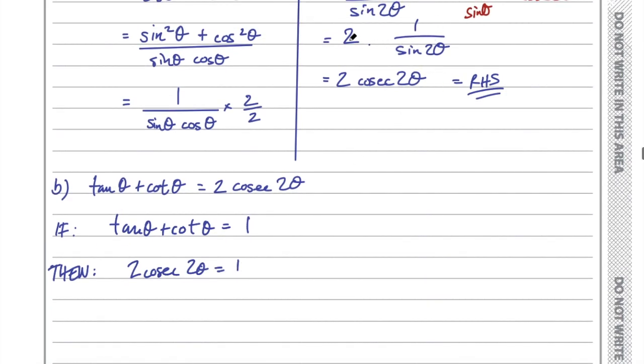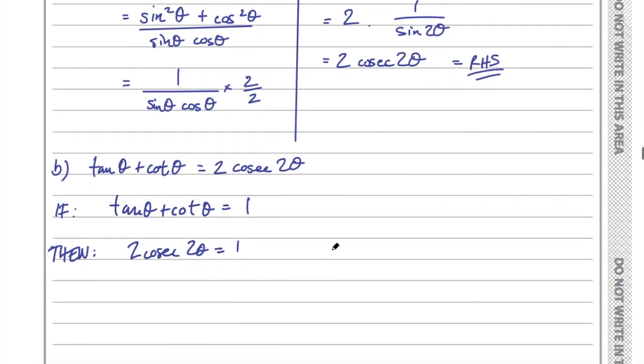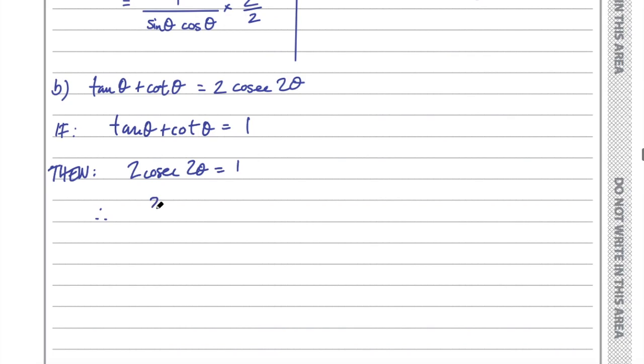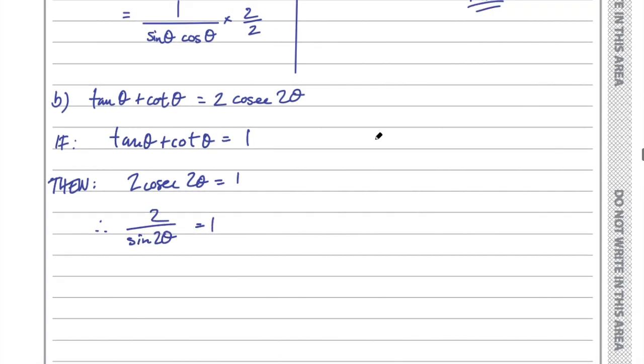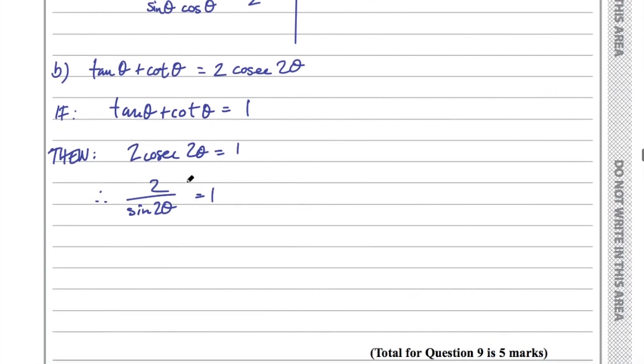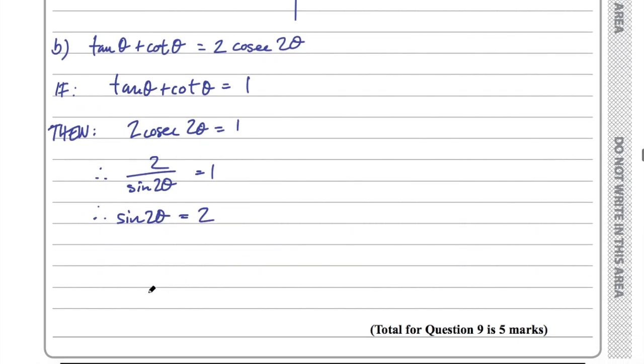And let's go backwards a step. So 2 cosecant 2 theta was the same as 2 over sine 2 theta. So therefore 2 over sine 2 theta equals 1. If this is the case, 2 divided by something equals 1, that means sine 2 theta must equal 2. But that's not possible, so therefore we can say there are no solutions, as the sine of anything must be